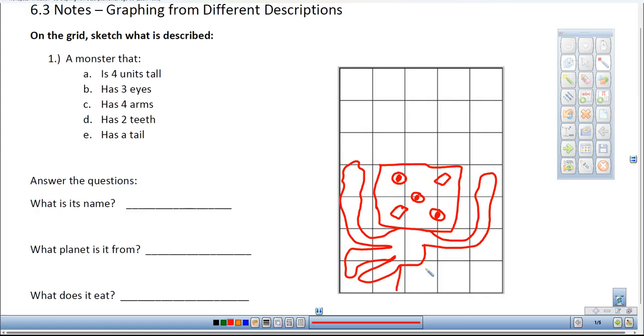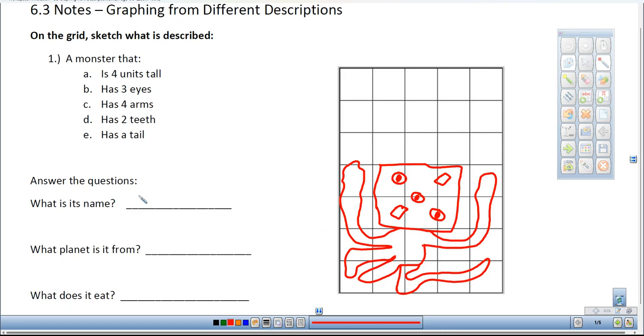So it doesn't say anything about legs, so I don't have to follow any parameters there, but we'll say he has 2 legs. That seems way too normal. Maybe he just has a tail. He doesn't even have legs. These are arms. It doesn't say anything about hands. I could draw them if I wanted, but